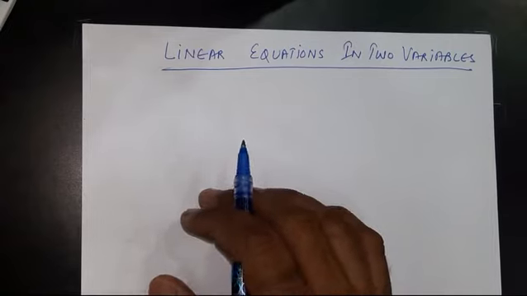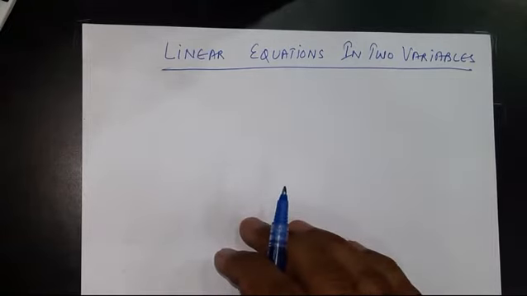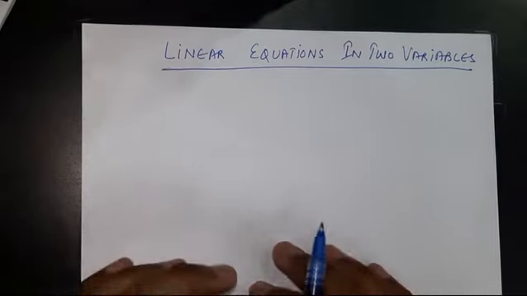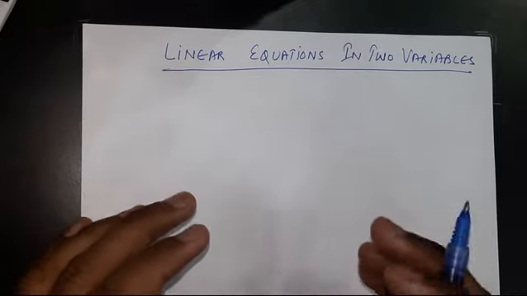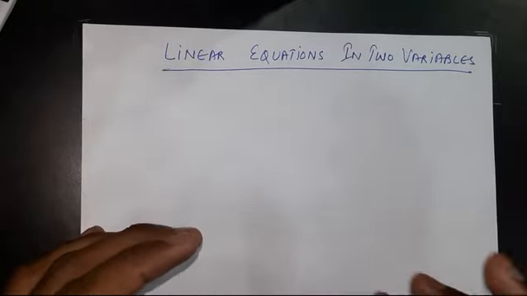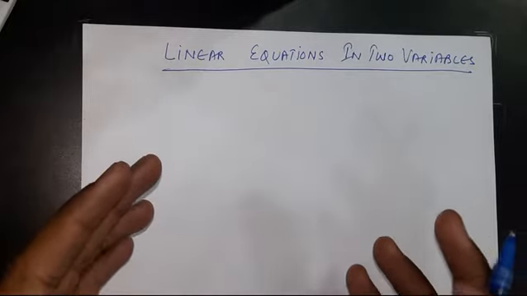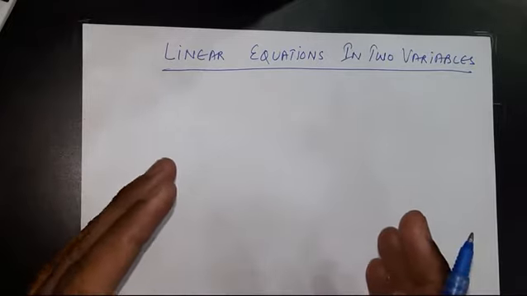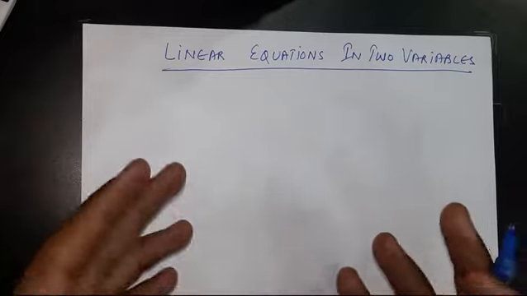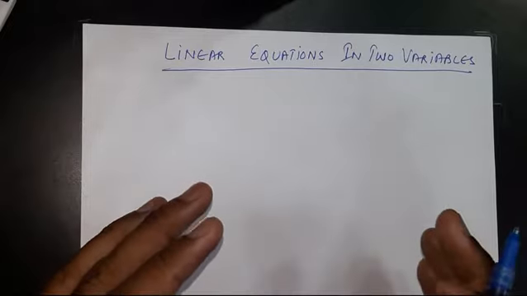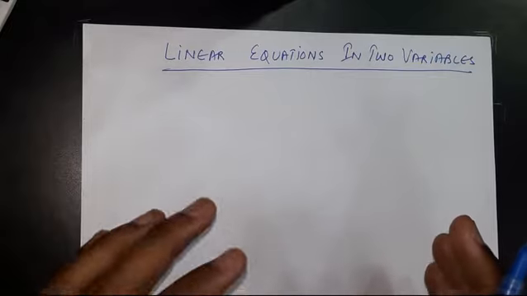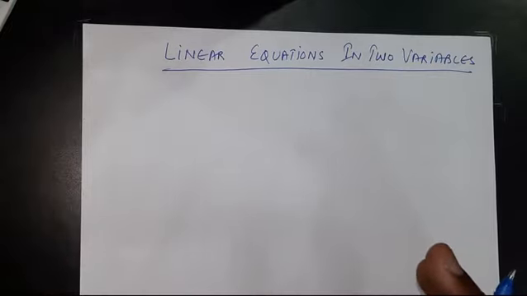Today we are discussing a topic on pair of linear equations in two variables. I hope you know what linear equations are. An equation having degree of 1 will be known as a linear equation, and if we are using two variables, in that sense we are using either x or y, a or b, such type of variables may be used. The equations will be of two variables.